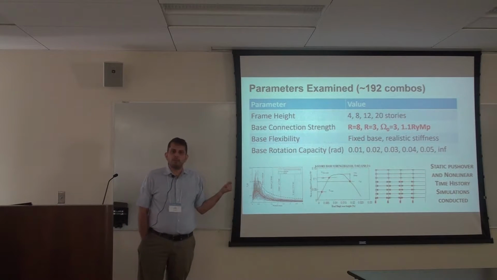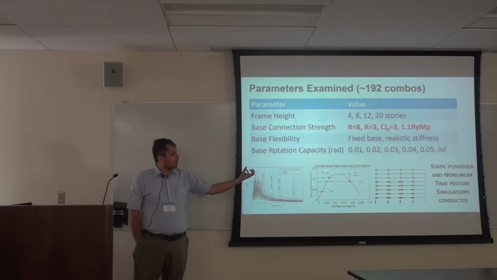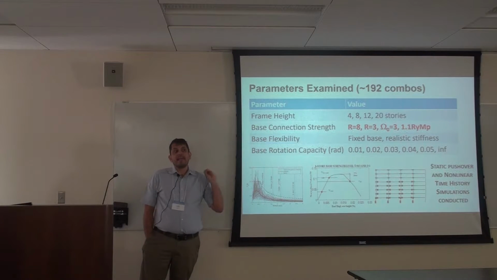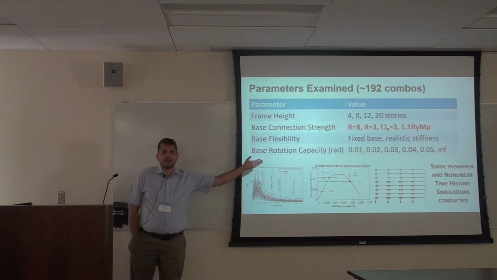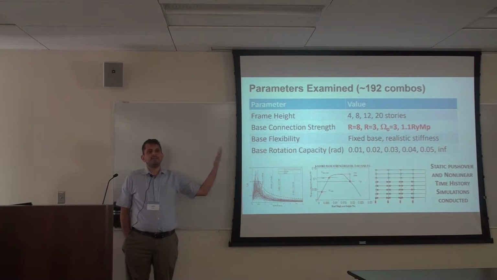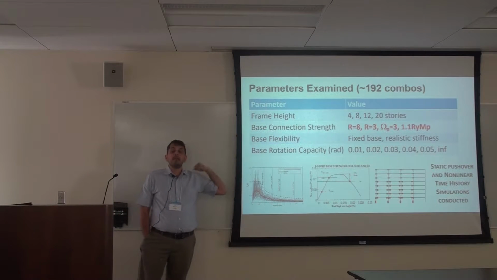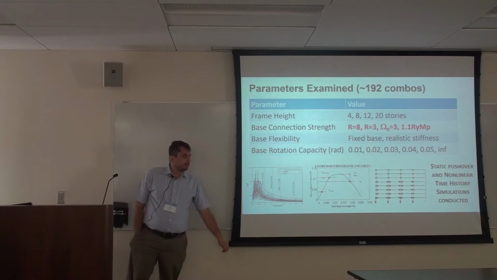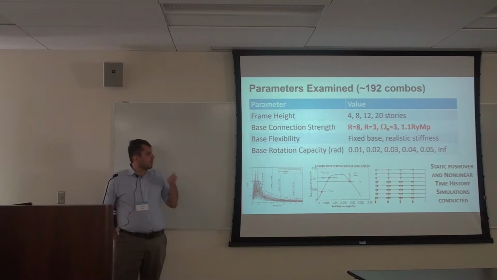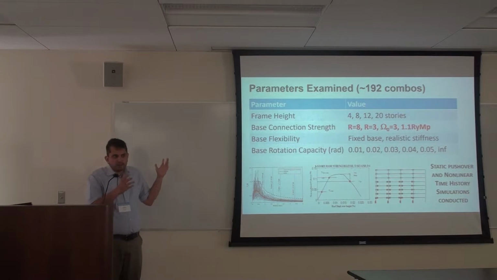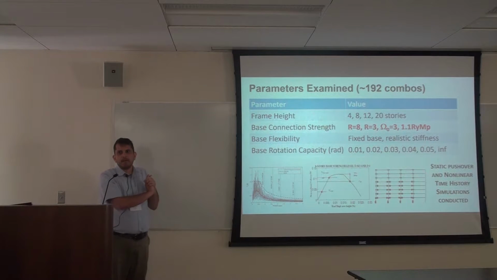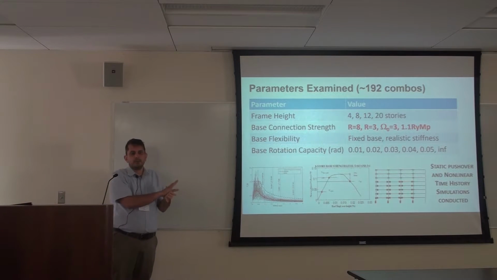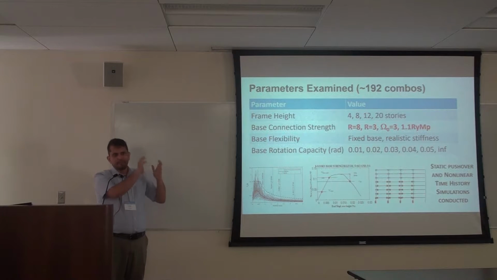capacities of the column base, to see what happens if you have 1% rotation capacity, 2, 3, 4, 5, and an infinite rotation capacity, meaning that the column base would never really fail, but you'd actually get collapse of the building because of, say, side sway collapse mechanisms formed in the beams and the columns themselves. So we ran all these, it took a long time to run, as you can imagine, but again, it was a fairly comprehensive parameter set where we were trying to look at the relationships between these